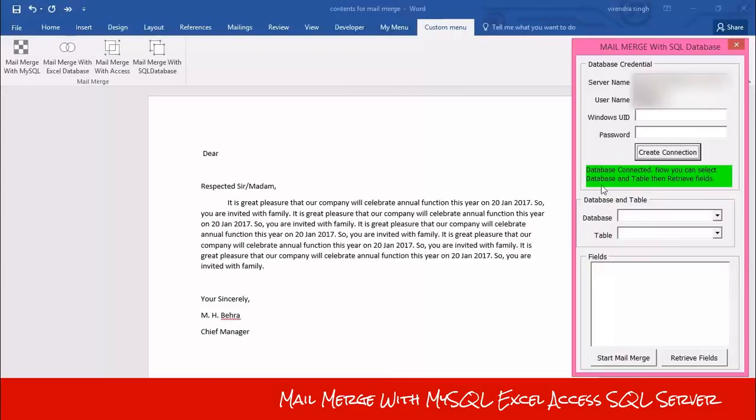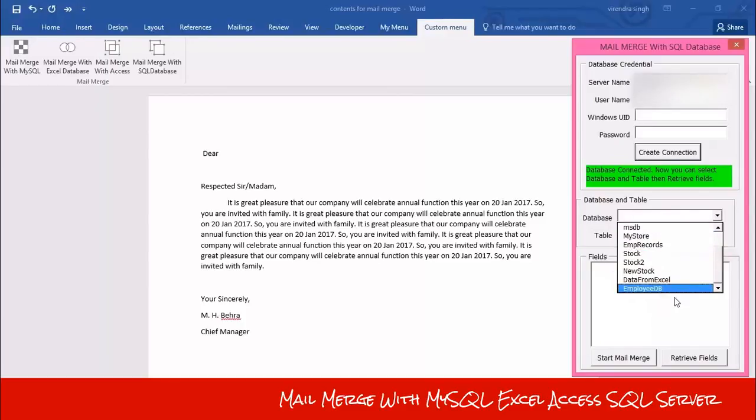Now you can select database and table, then retrieve fields. This message has appeared, and all the databases of the selected server credentials have appeared in combo box 1.